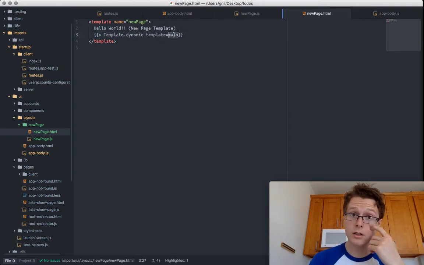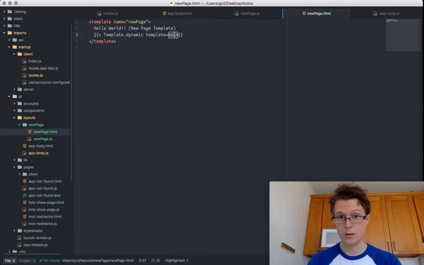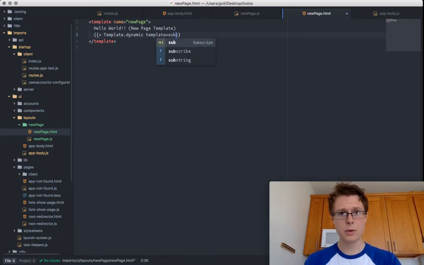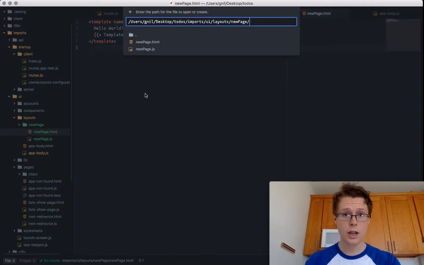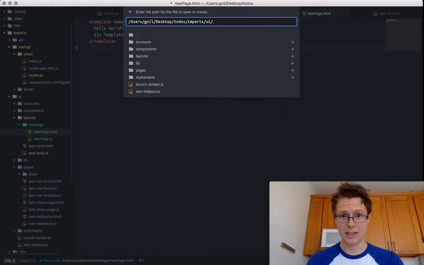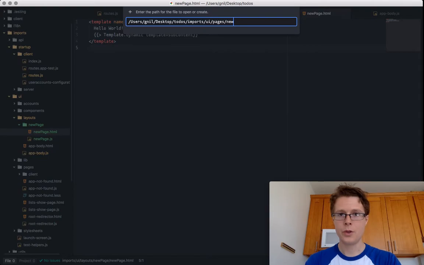What do we want to render? We'll figure that out. But I want to call it sub content. I want to render the sub content. I'll go ahead and make a new page. This new page, instead of being in layouts, will be in pages. It will be the new page sub